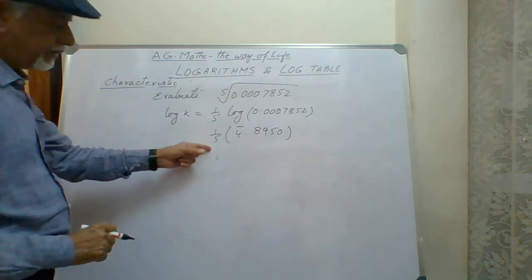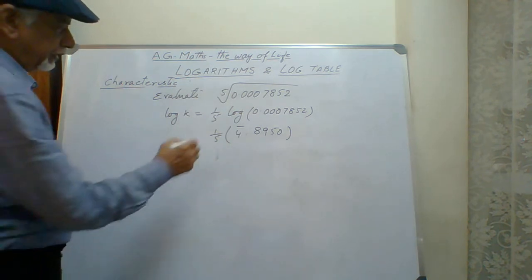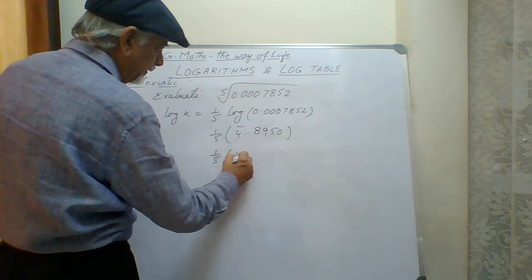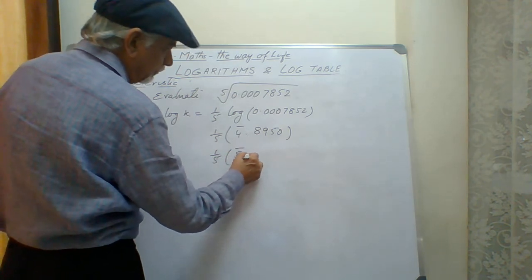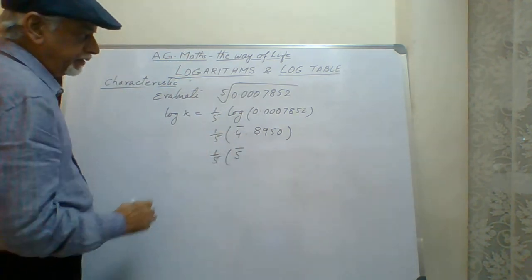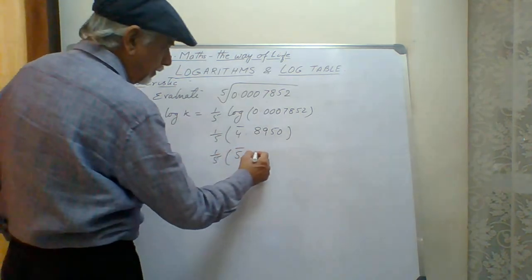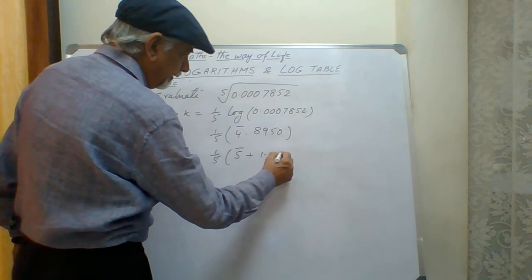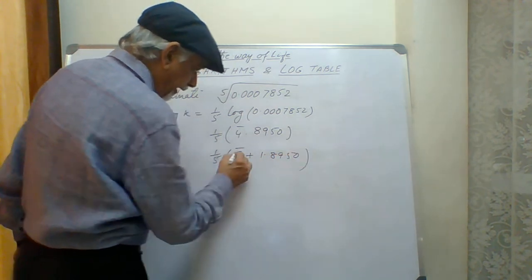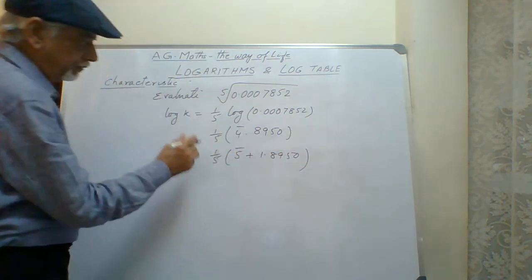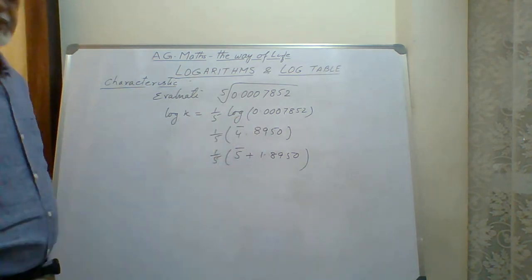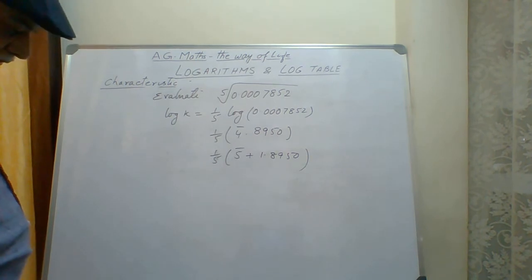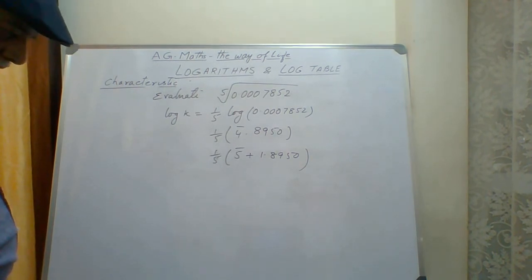4 bar cannot be divided by 5, so there is another rule that you have to make it divisible by 5. What I will do is add a 1 here and subtract 1 from here. That means I am adding a negative 1, so I have to add a positive 1 also. In minus 5, if I add this, then the answer will be minus 5 plus 0.8950. That is the trick here. And on this, we will now perform the division.